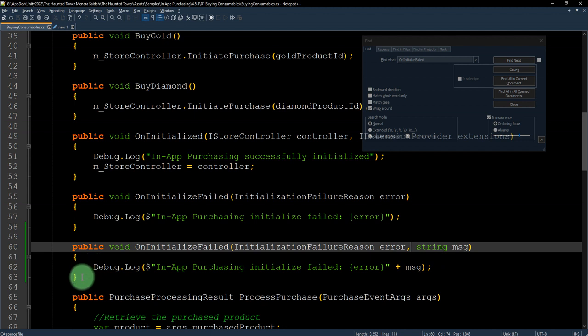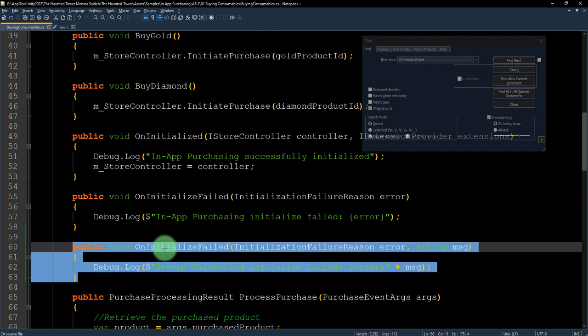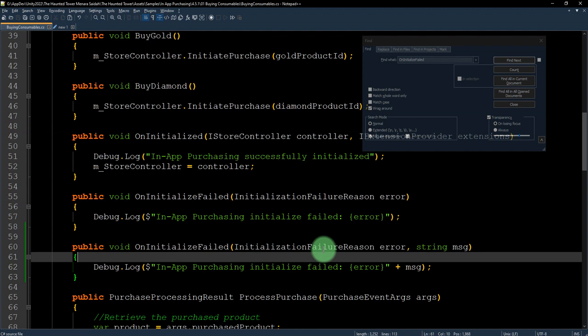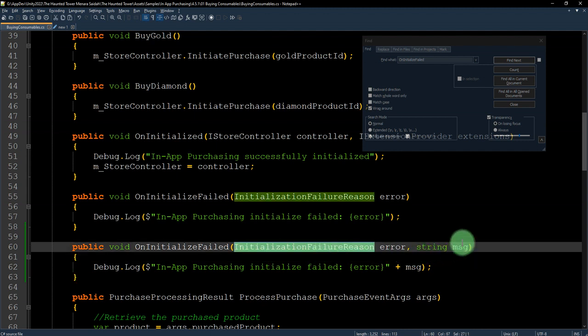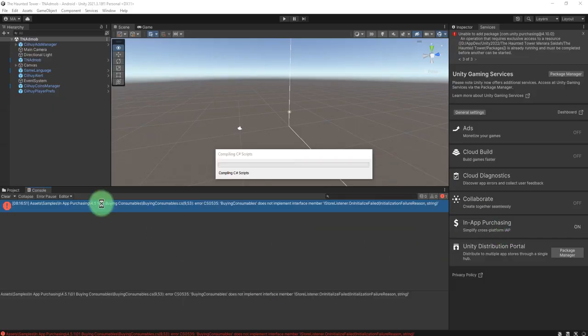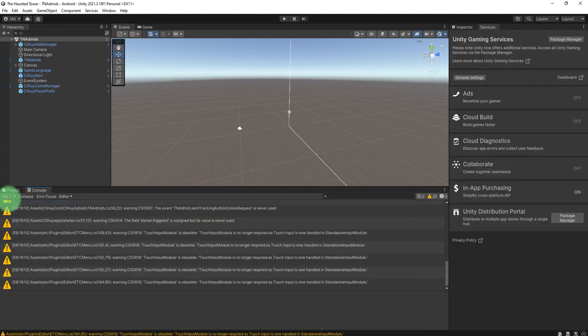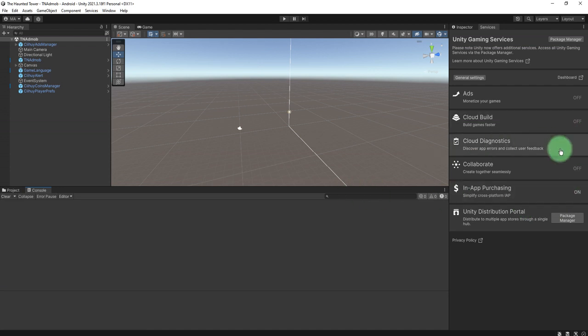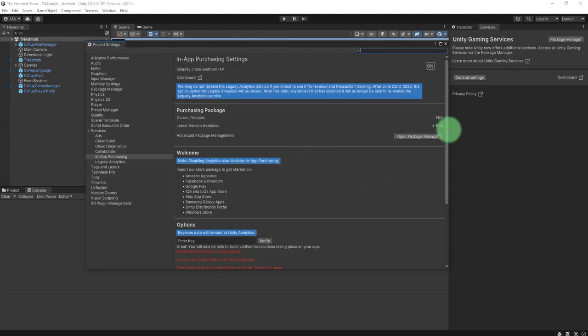All you need to do is to have this function with 2 parameters, InitializationFailureReason and a string parameter, and you go back to the Unity editor. Then here we go, the error message is gone, and now we have the latest version of